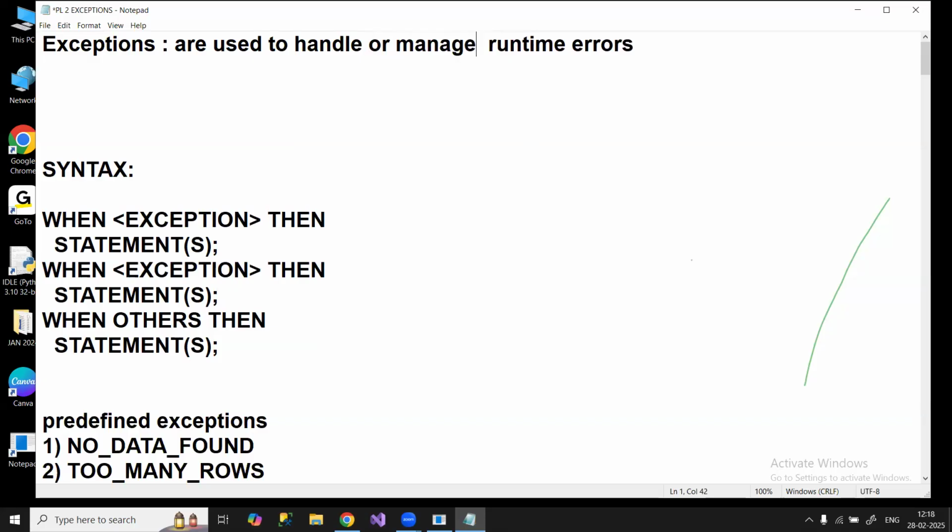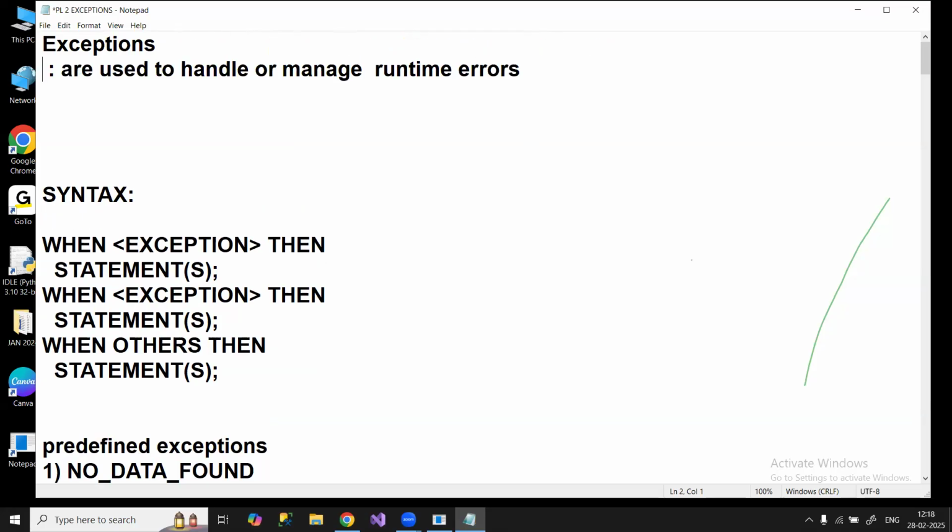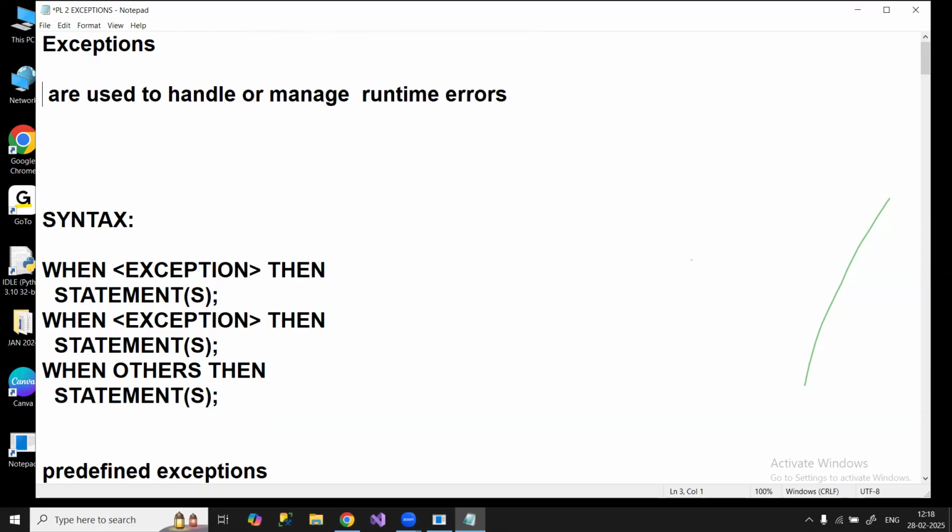So now the main heading is exceptions. Now we'll see how to handle exceptions. Runtime errors, we'll call them exceptions. Exceptions means runtime errors. So when we are using exceptions, then we can handle or manage runtime errors so that